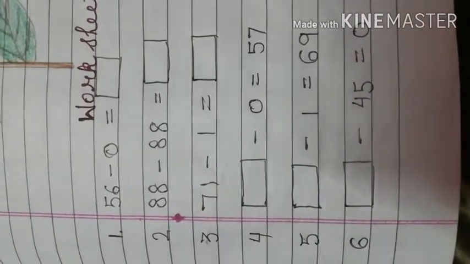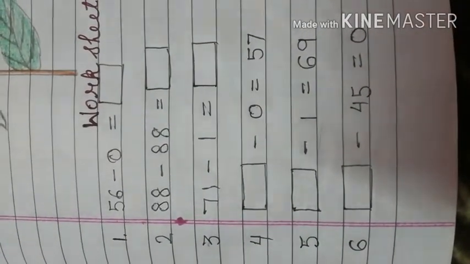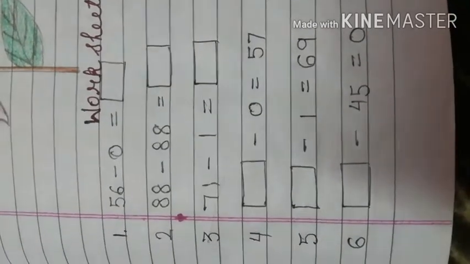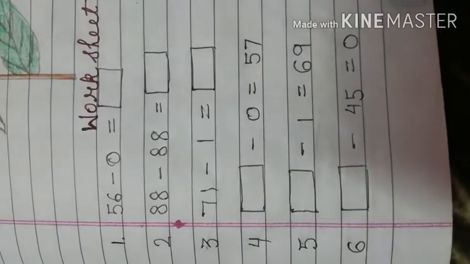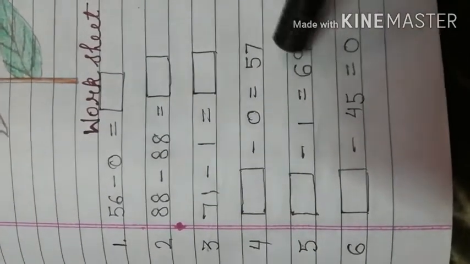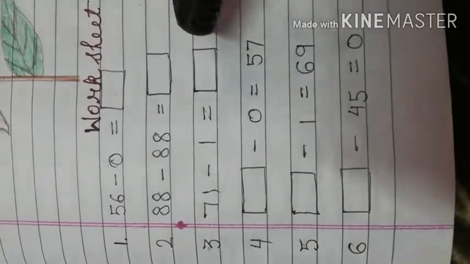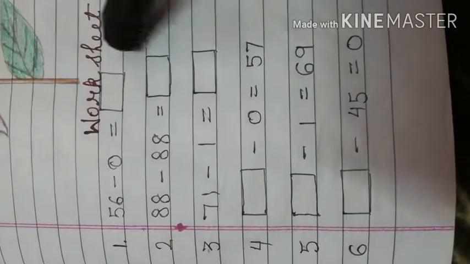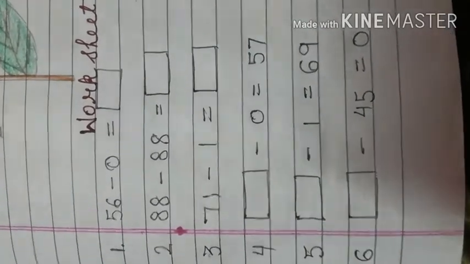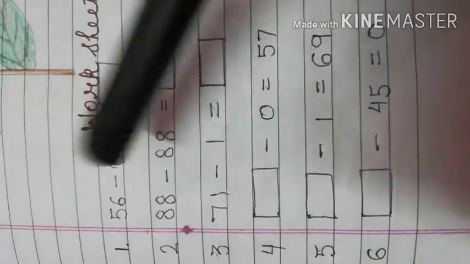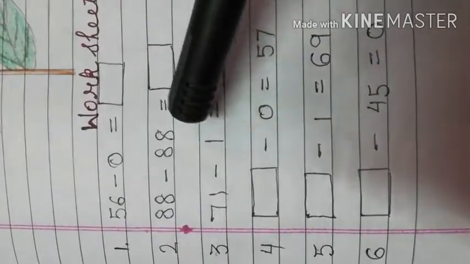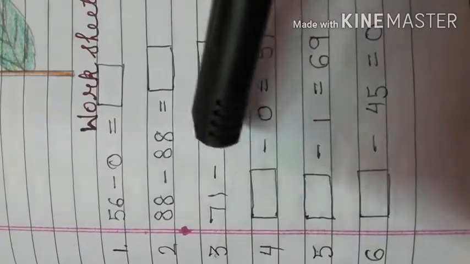So, as we are doing chapter number 3, that is subtraction, today we will solve these sums that you can see here, means your worksheet of this chapter, in which you have some fill in the blanks where all the facts are written together. Here you are subtracting 0 also, you are subtracting the same number, subtracting 1 also.